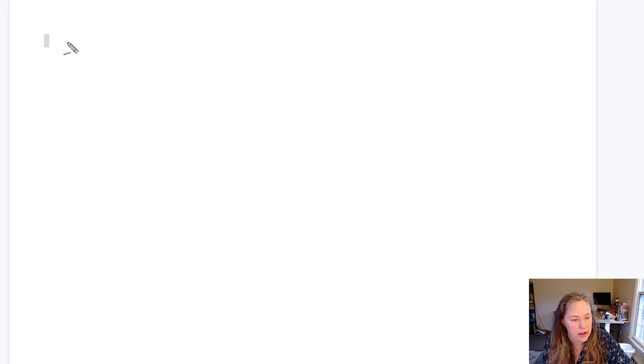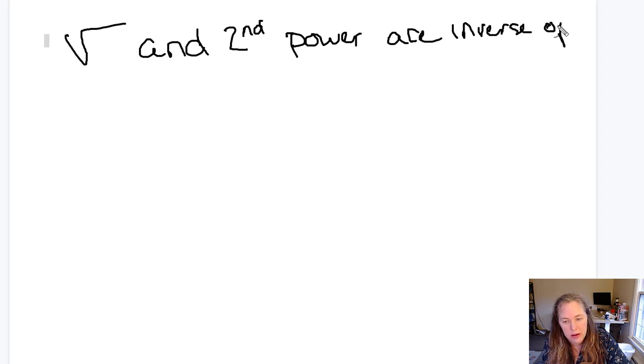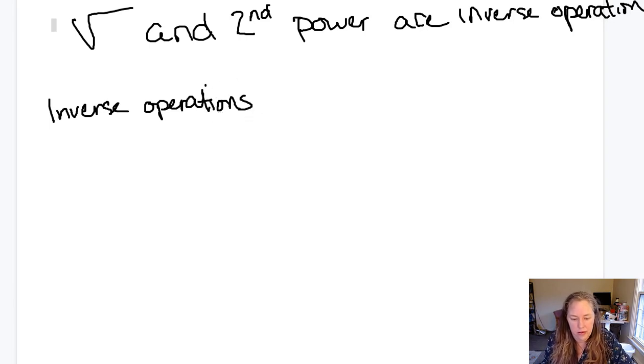The last thing I want to tell you is square root and second power are inverses, inverse operations. There's supposed to be an S on the end of that. Square root and second power are inverse operations. So you know inverse operations of addition and subtraction. So for example, if you have 5